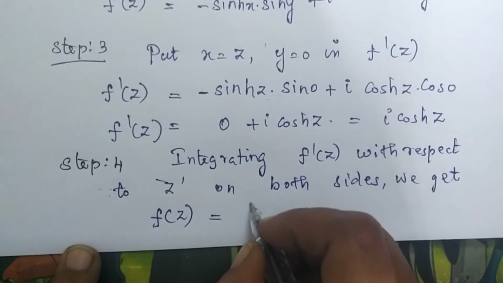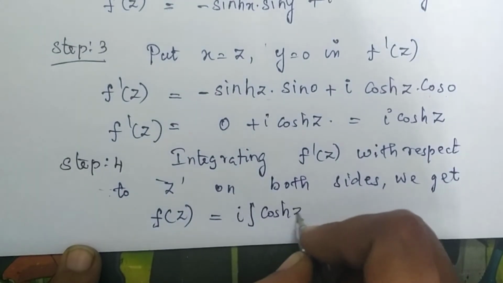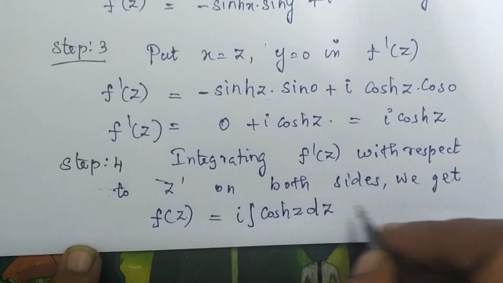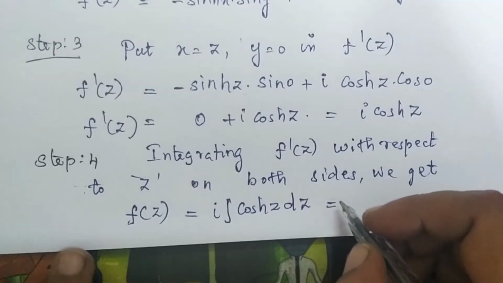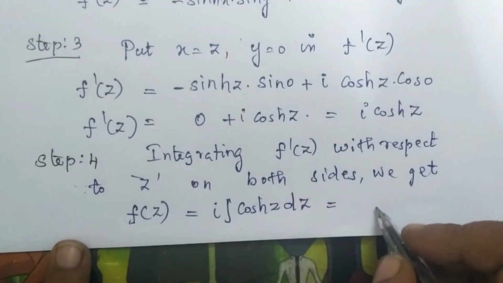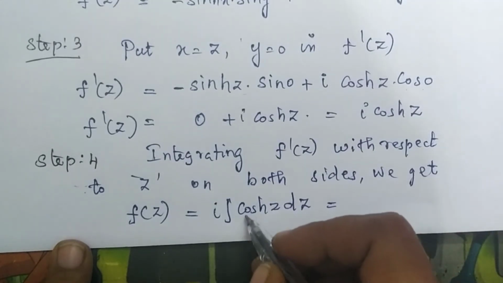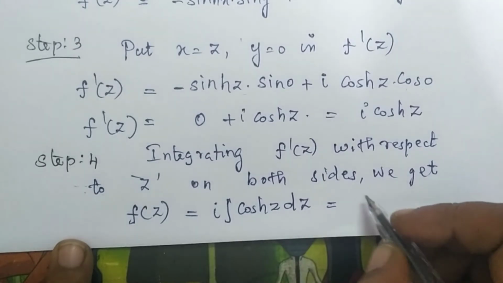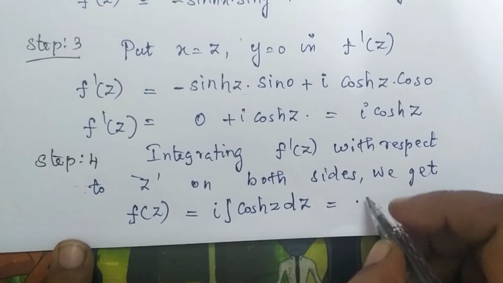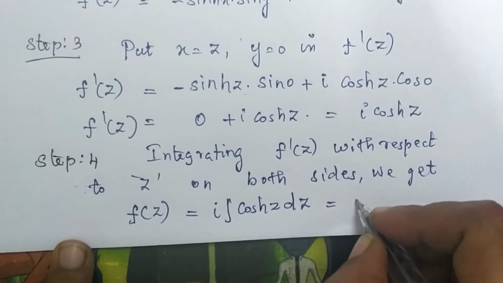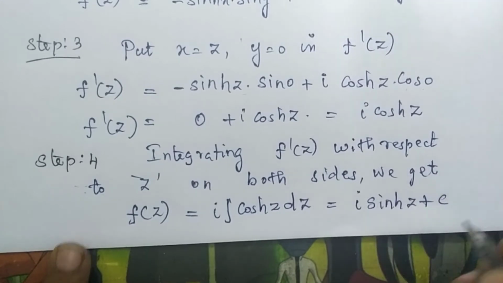So if we integrate this, i is a constant, so we can take it outside. So cos hz into dz. The integral of cos hz is sin hz. Here also it is plus, not minus. In the circular function case it would be minus. If you integrate cos you get plus sin, but this is a hyperbolic case, so that means positive only, right? So integrating cos hz gives sin hz, and with i outside, i into sin hz plus some integrating constant c. That's all.